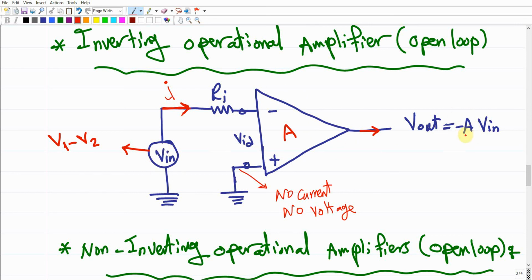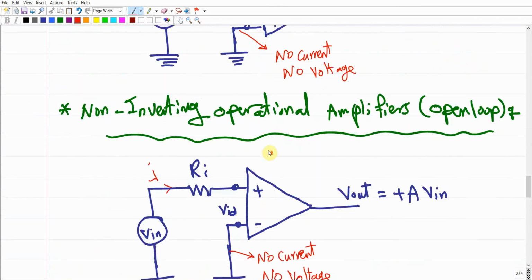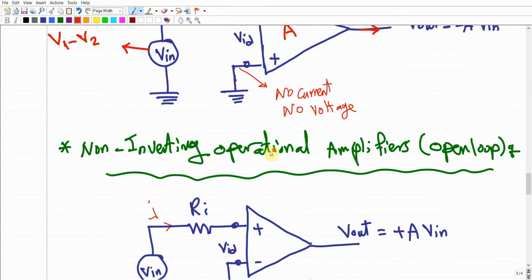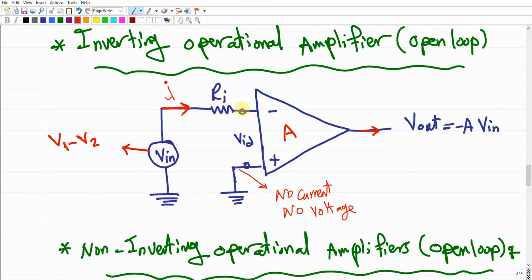Multiplied times the gain, which is A equals 1 or bigger, it depends. If it is 1, it's just going to convert the signal with the same amplitude. If it is bigger than 1, it is going to increase the amplitude and invert the signal because of the negative here. So this is the inverting operational amplifier in the open loop configuration. Make sense? Now for the non-inverting, the only difference is that instead of delivering the input through the negative terminal,